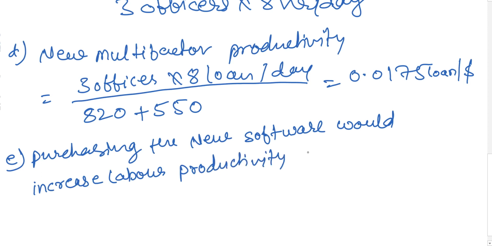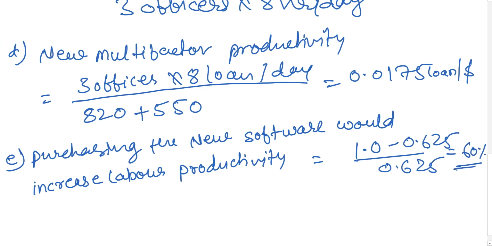Okay, so here the new labor productivity is one, which we already calculated in our C section. In A section we calculated the old, that is 0.625, and if we divide by 0.625 then it is approximately 60%. So 60% productivity improvement will be done if we implement the new software, and